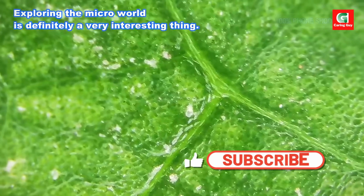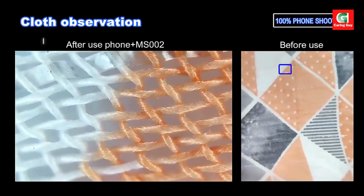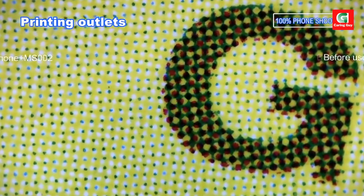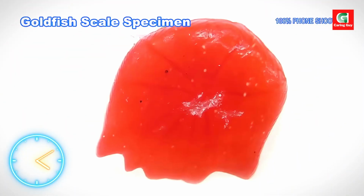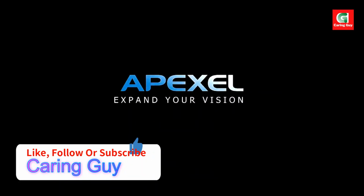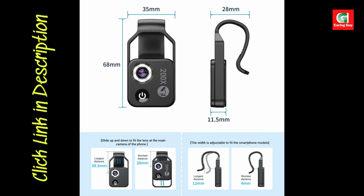Key features: 200x magnification. Delve into the micro world with exceptional clarity, perfect for observing plants, insects, hair, and even appraising jewelry and jade. Broad compatibility. The adjustable clip fits various smartphones, 4 to 12mm thickness, and the lens position can be